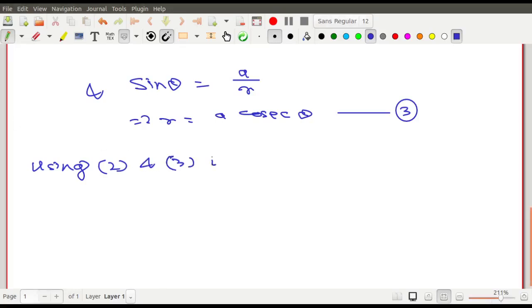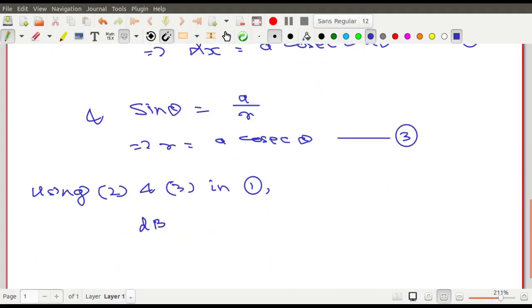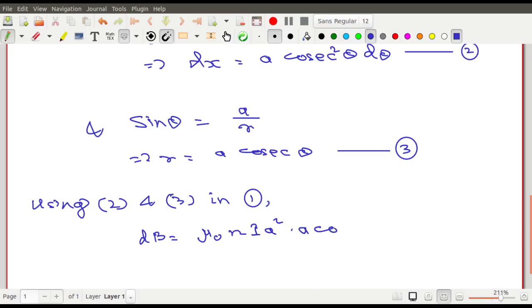Using 2 and 3 in 1. If I use equation 2 and 3 in 1, then actually what happens? So dB will become mu 0 small n a square, and dx you replace with a cosec square theta d theta divided by r cube, that is a cube cosec cube theta. So this a square gets cancelled with a cube and this cosec square theta gets cancelled